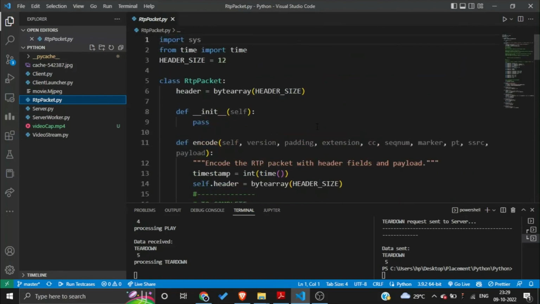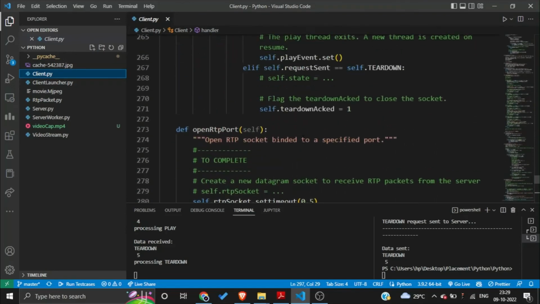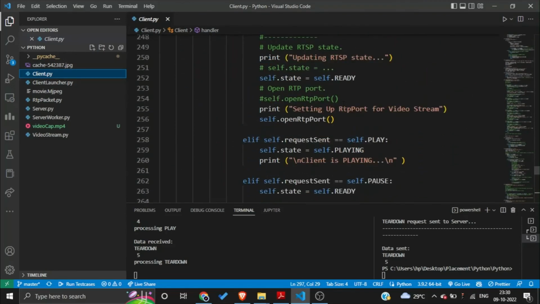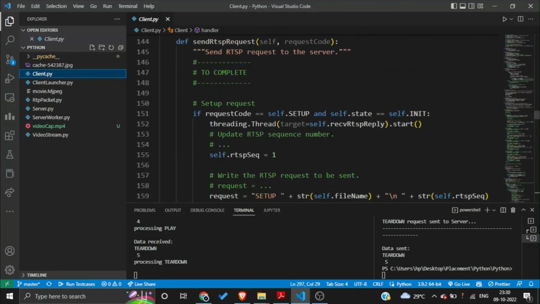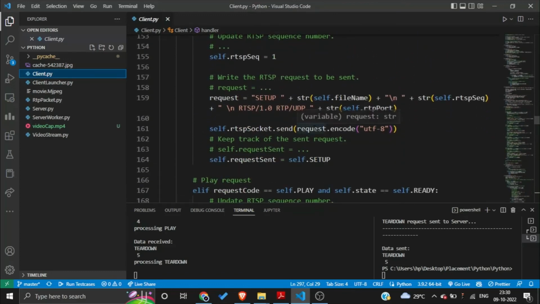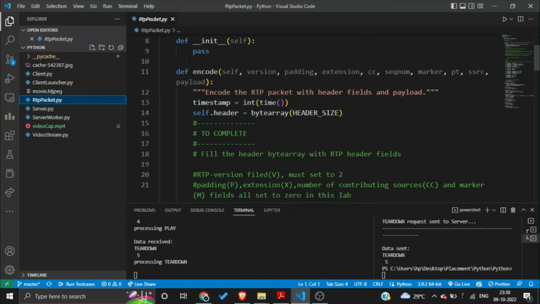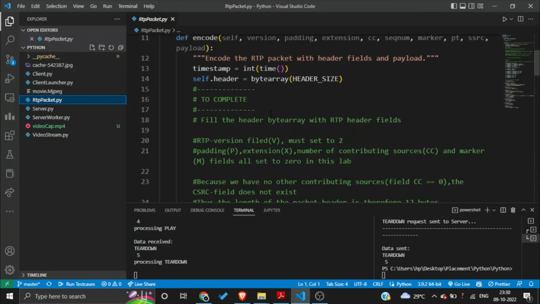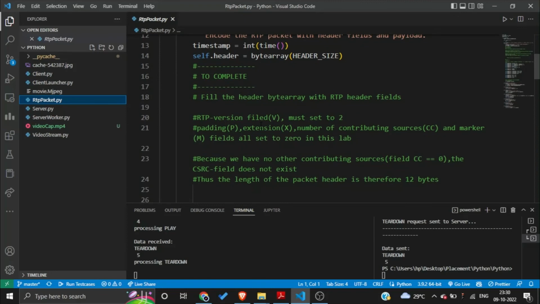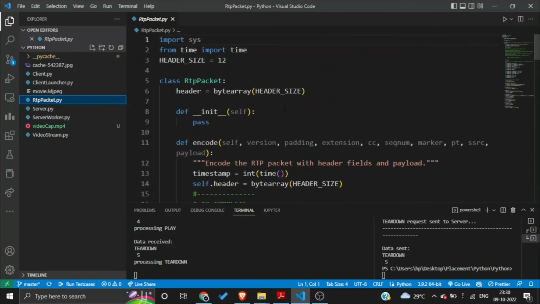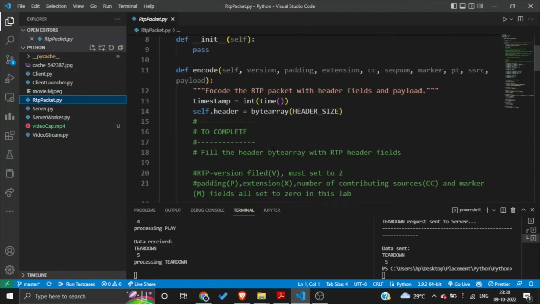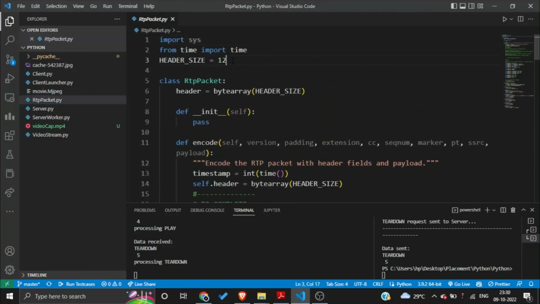Okay, so by the way, when I entered this encode or decode function here, we are sending the request.encode and passing the UTF-8. Then this encode function is referred to here in the RTPPacket.py, where there is a function called encode, where we are making one header format, a byte array header size. We have defined a header size as 12, and why this 12 number is discussed in the PDF